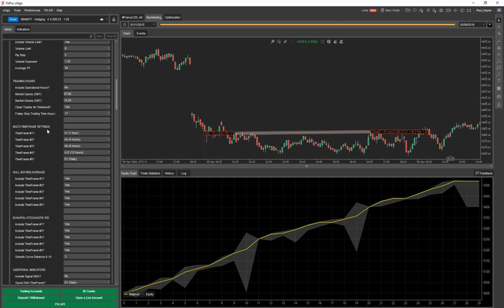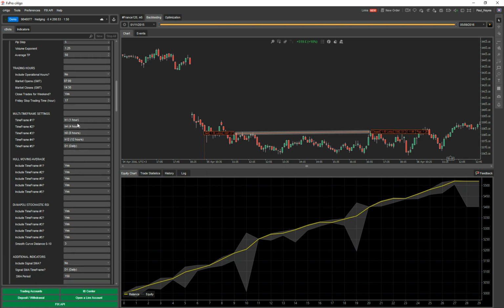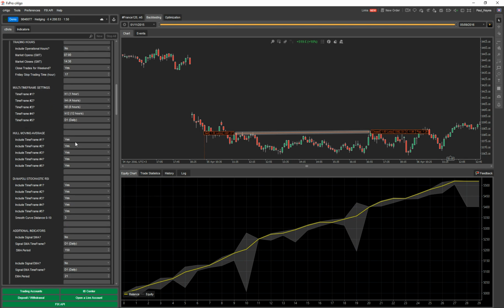These are your multiple time frames. I'm trying to rush it a little bit because I know YouTube only allows me 15 minutes of video time. So the multiple time frames I've put down as 1 hour, 4 hour, 8 hour, 12 hours and daily. All of these, on both of these indicators, because they're all selected yes, have to be true before it opens a position. If you deselect all of those and just have time frame 1,